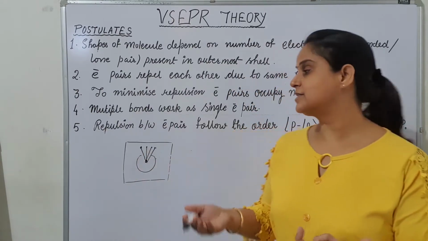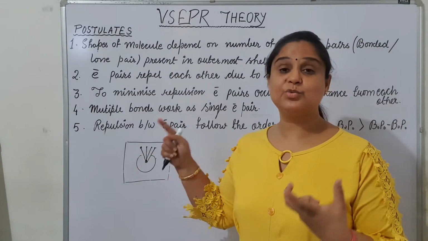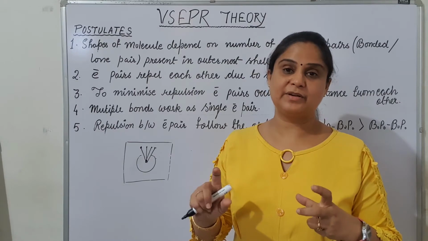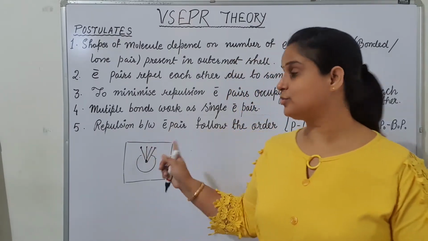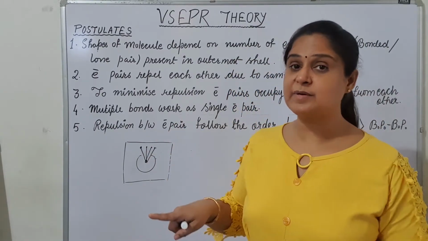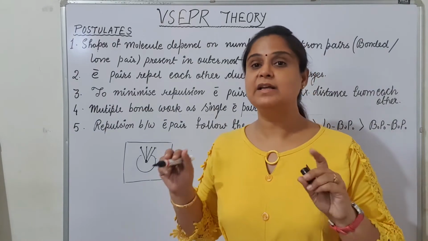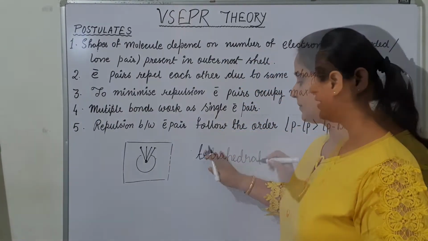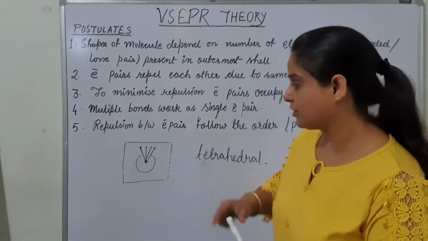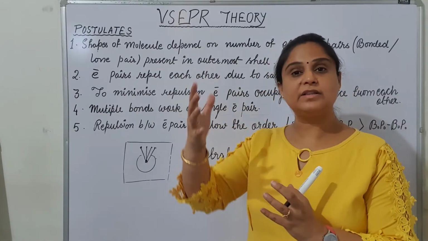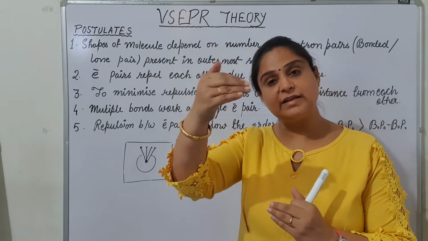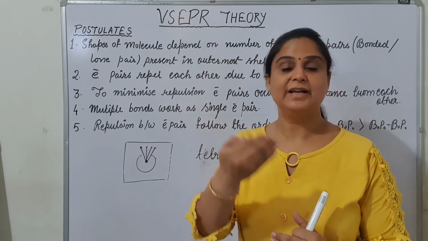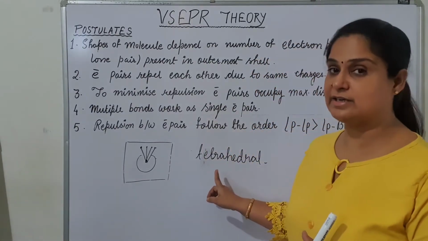So how they will arrange themselves? They will find a way to connect with each other with a particular distance and a particular angle. And how they are going to connect with each other with the maximum distance and the maximum angle is tetrahedral shape. क्या है वो shape? Tetrahedral shape. Now what they will do? They will use the 3D space, and they will then disarrange themselves in such a way so that they will not feel repulsion, and the only way is tetrahedral way.